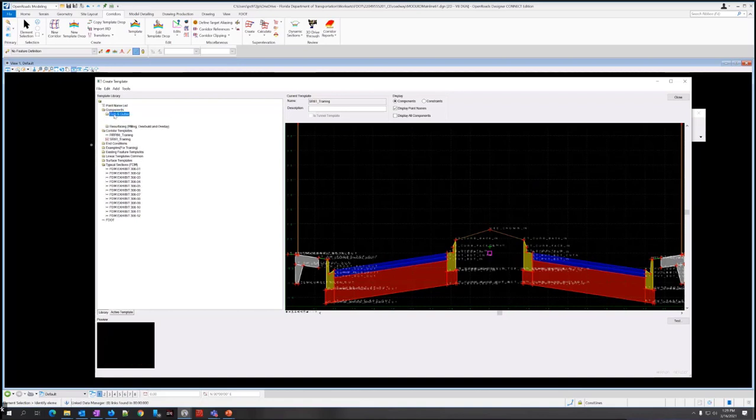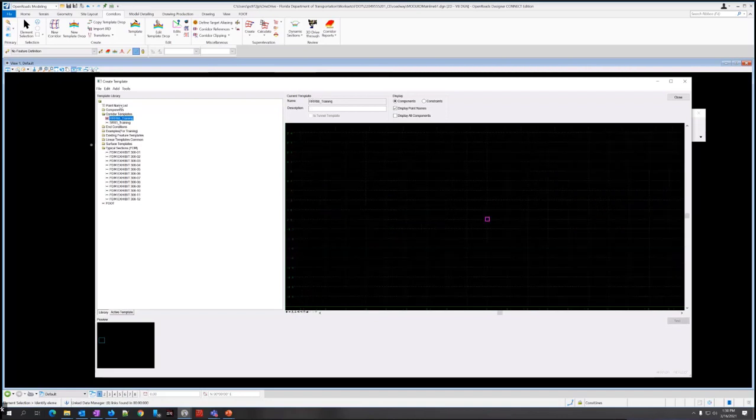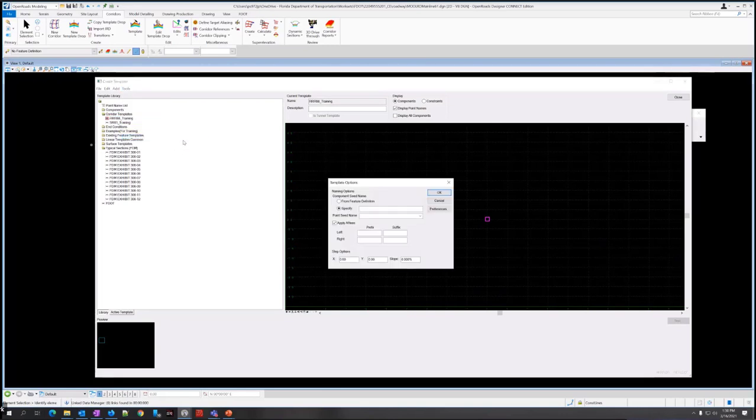So let's say I've got one of these that's just a piece, curb type F, for example. This doesn't have that LT or RT. When we drag it in, we can determine what side it goes on. But it's helpful if it'll rename it for us too. So I want to go here to Tools. So we find the Template Library Organizer, but go down to the next to the last one in the menu, Options.